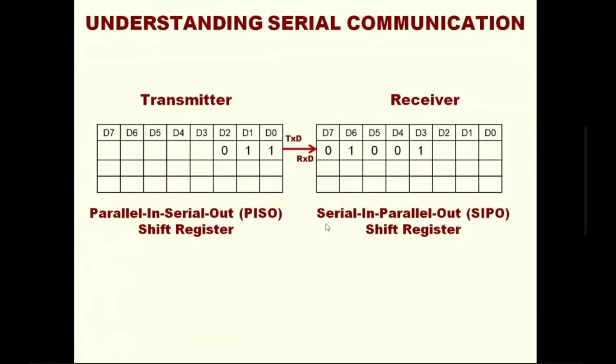Because it is 8 times slower than the parallel communication, before all the 8 bits are shifted out, please try to understand, we should not put new data in SBUF unnoticed. Say for example, if you reload the SBUF at this time, then the 5 bits of the first byte and the first 3 bits of the second byte will get